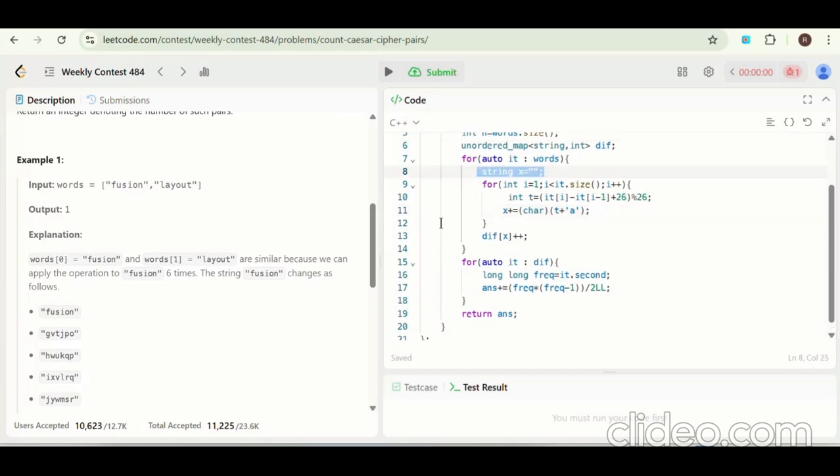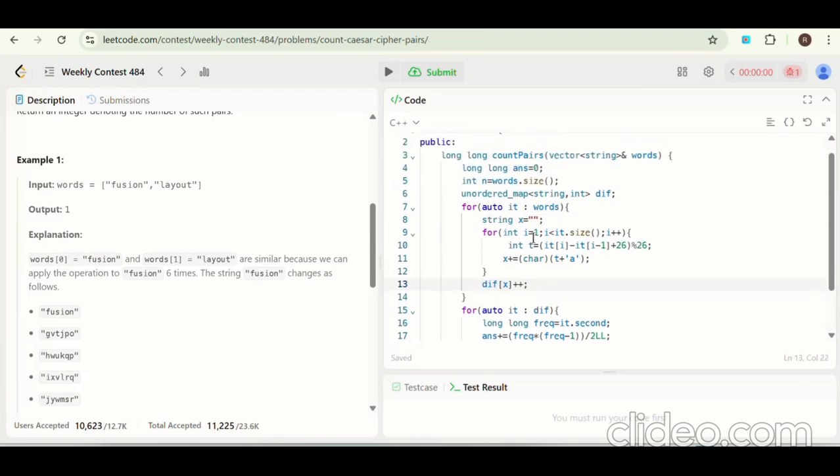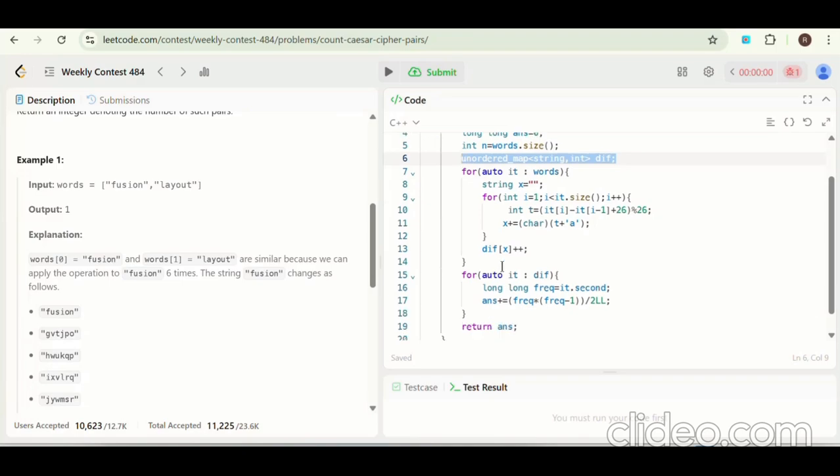Then in the same way, s minus u will come, some value will come. I will make it a character and add that to the string. So when I get this whole string, I will store that string in a map, the string comma int map.